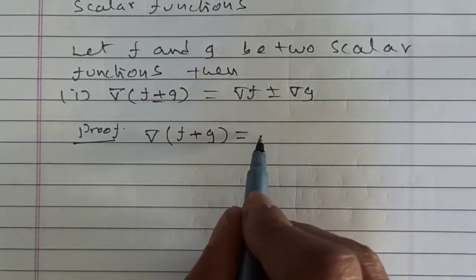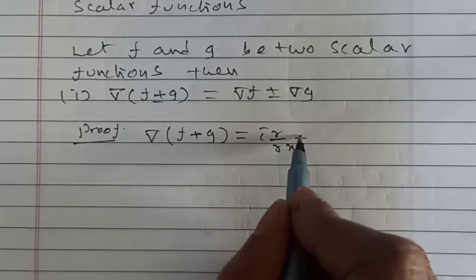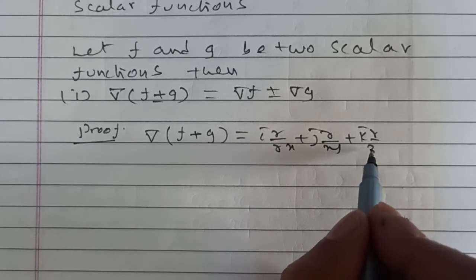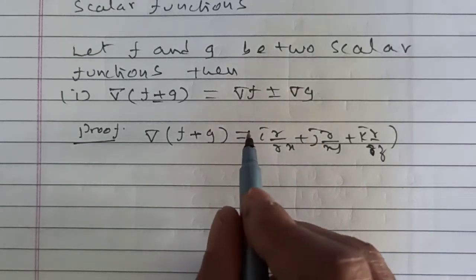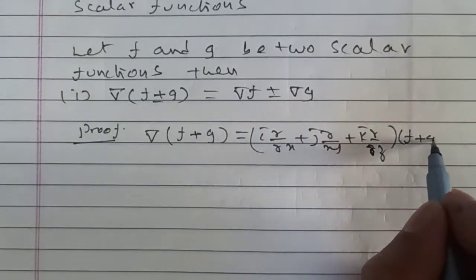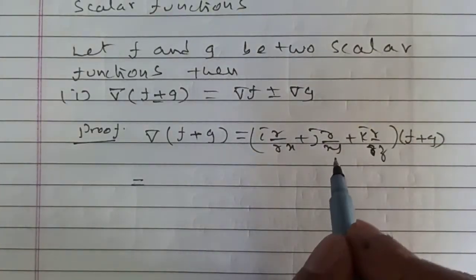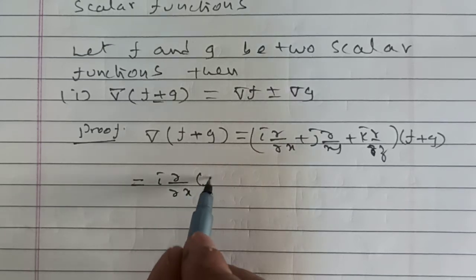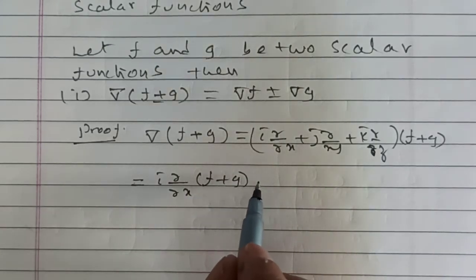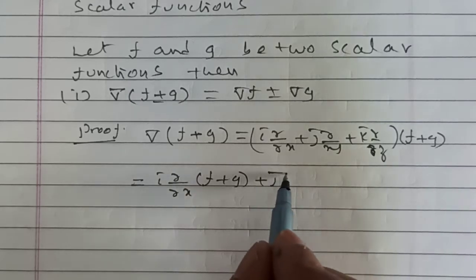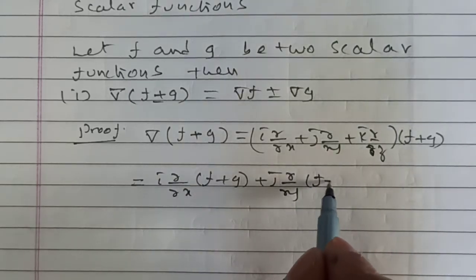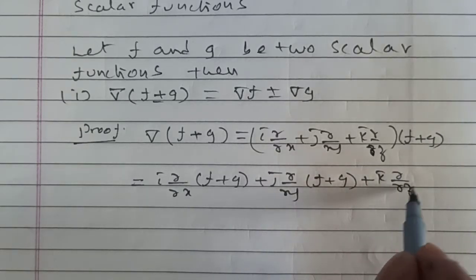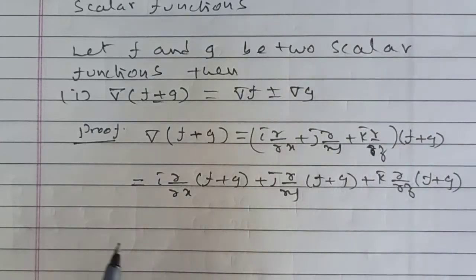First of all, del we write as I bar ∂/∂x plus j bar ∂/∂y plus k bar ∂/∂z of f plus g. Take the operator inside to each of f plus g: I bar ∂/∂x of f plus g plus j bar ∂/∂y of f plus g plus k bar ∂/∂z of f plus g is equal to,